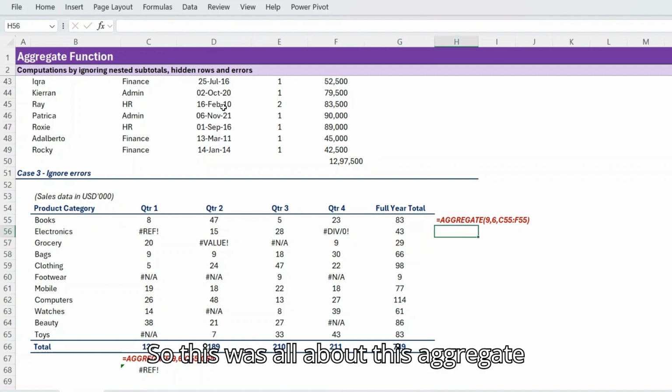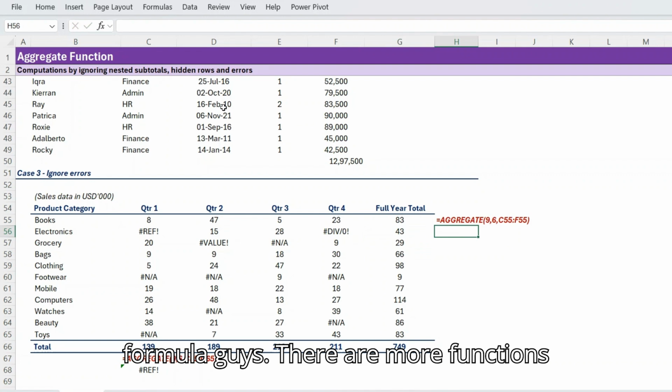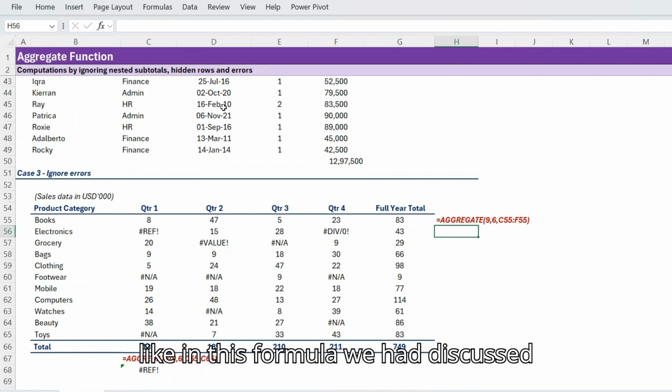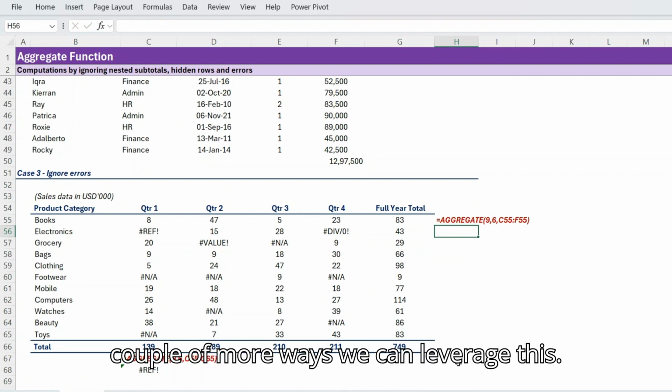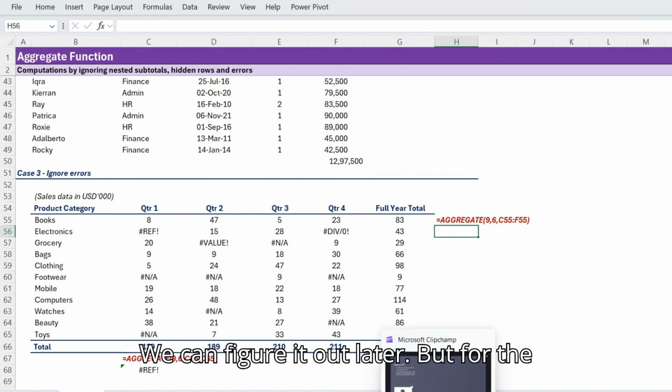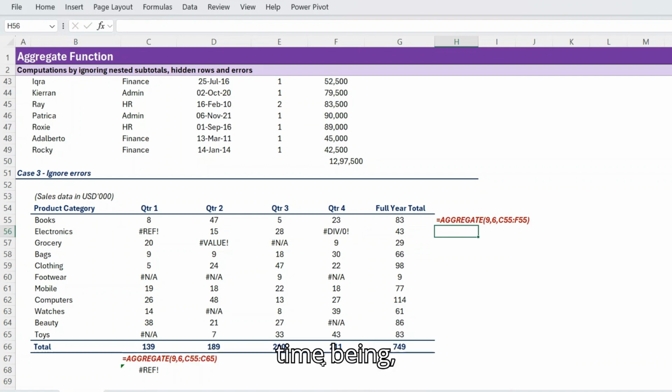So this was all about the aggregate formula, guys. There are more functions; in this video we discussed only the sum. We can use this formula in many ways, and while preparing financial statements we can leverage this formula, and there are a couple of more ways we can leverage this. We can figure it out later, but for the time being